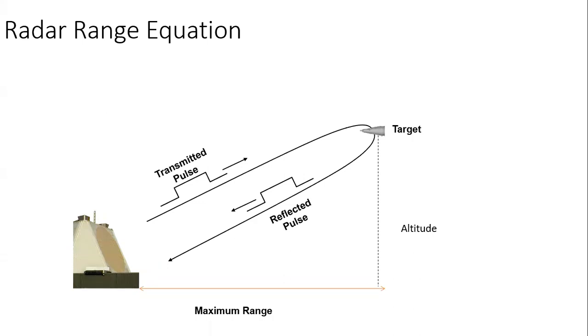Like if we say the target is moving, say first time it was in position A, second time it's in position B, third time it's C. When we get the received pulse that the target has moved from A to B, B becomes our reference point. Then we send the next pulse, and we get the information that the target has moved from B to C. Now that becomes the reference. That's the reason only after we have received the echo of the first pulse, the next pulse is transmitted. You need to keep this in your mind. Now we will go step by step.